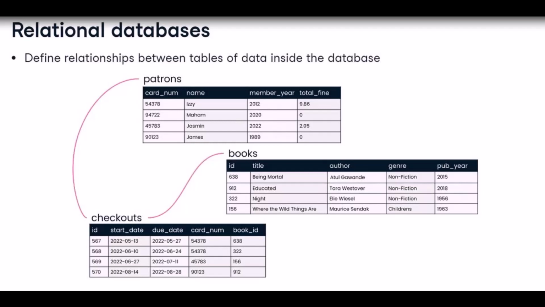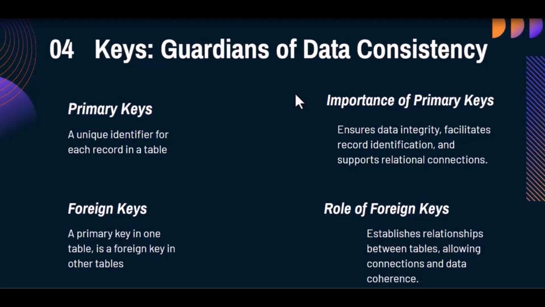The relationships enable us to draw conclusions about data in different tables within the same database and answer questions like, okay, which book did James check out in 2022? Or which books are checked out most frequently? So before we go, let's just mention another key bit of terminology. I've mentioned it earlier. That's the primary key